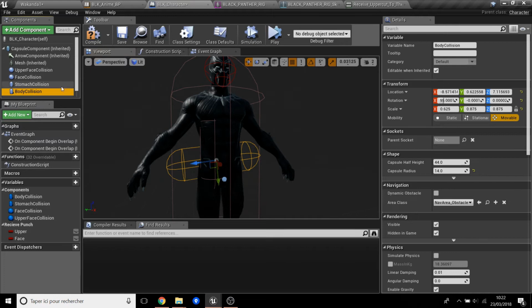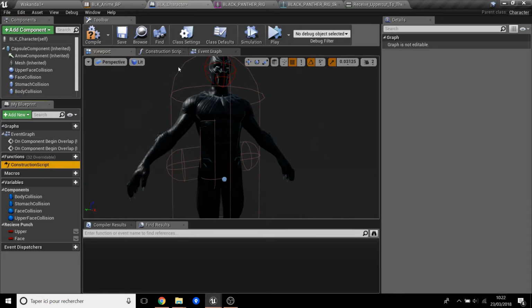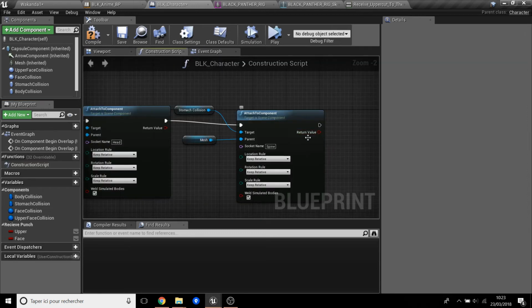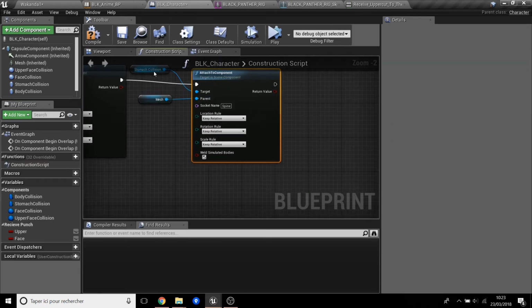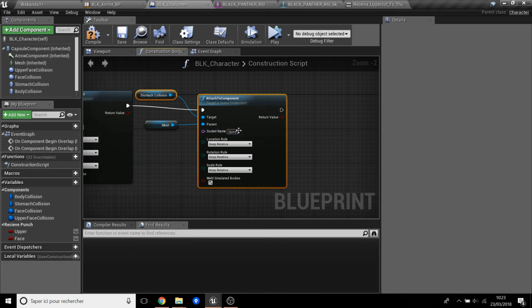and body collision, and we'll go back to the construction script again, the same as this one.